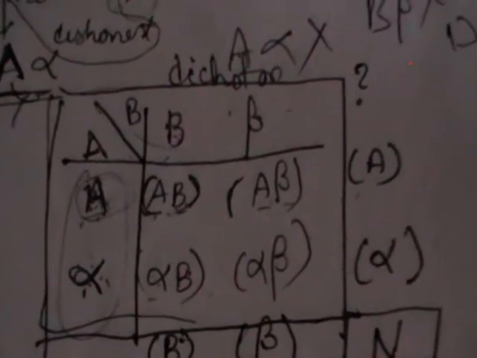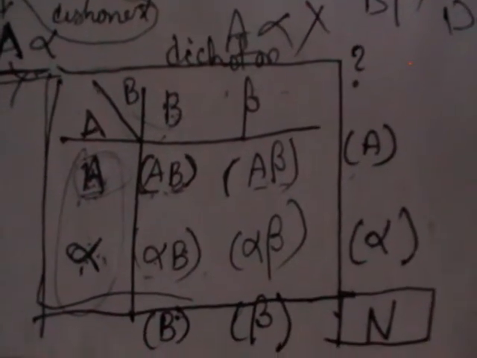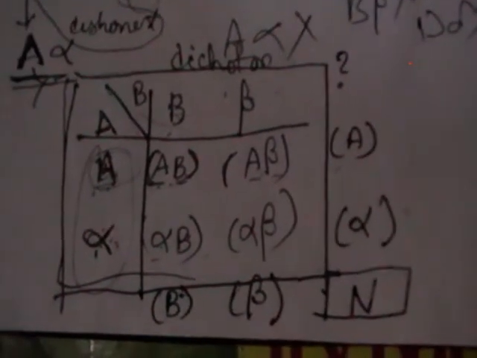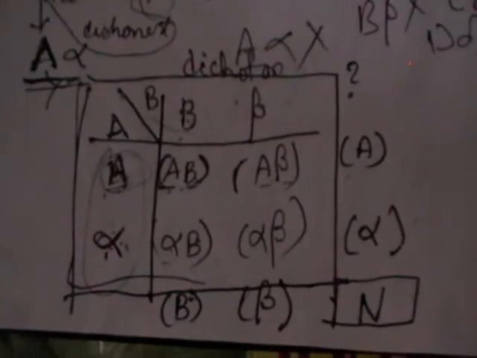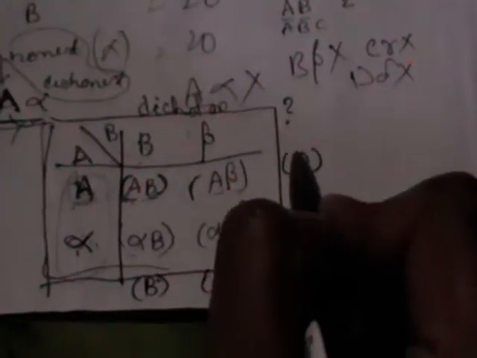A dichotomous population is nothing but a population with two attributes and two classes each. A is the first attribute with positive class A and negative class alpha. B is another attribute with positive class B and negative class beta. Then the possible combinations are AB, A beta, alpha B, alpha beta. All these are second order. Whenever you have a dichotomous population, the highest class you can have is second order. If there is second order, you will have first order and zero order too. These are second order classes. These are first order, with one attribute in each.